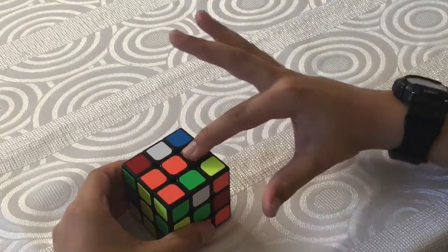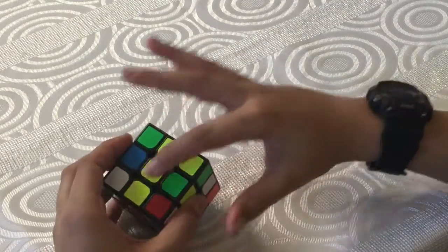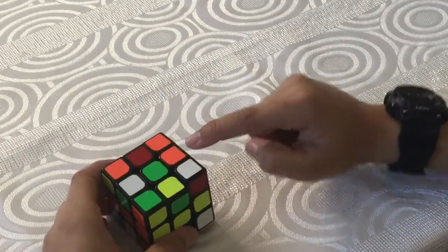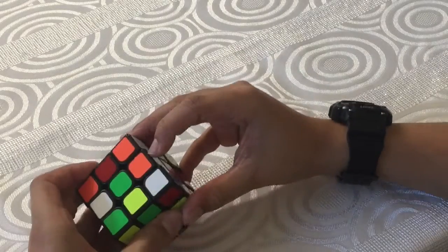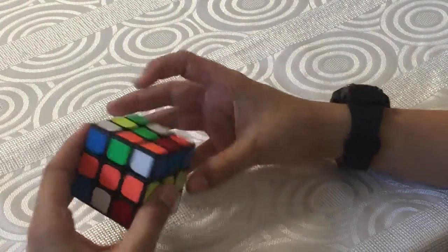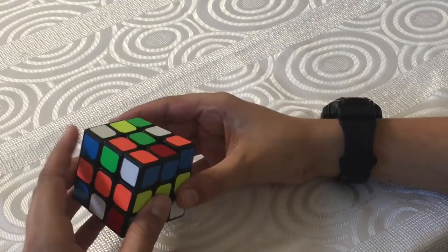So that should get you it aligned and without messing up the other one. Now the other edge piece is right here. It's the orange and green edge piece. Now if you have a situation where it's like this and it's completely inverted to where it needs to go,